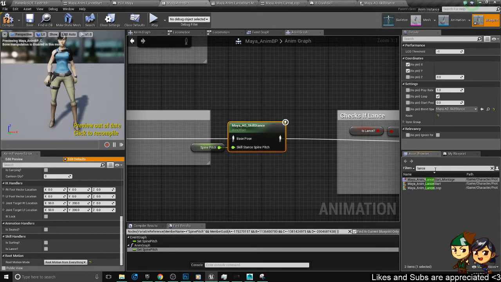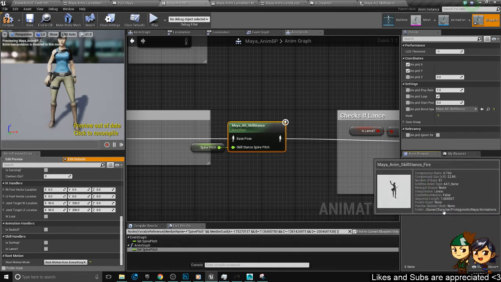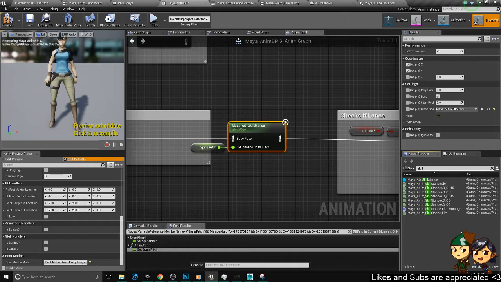If we go to the asset browser and we type skill stance, yeah, we can see this anim offset actually. And it's simply using